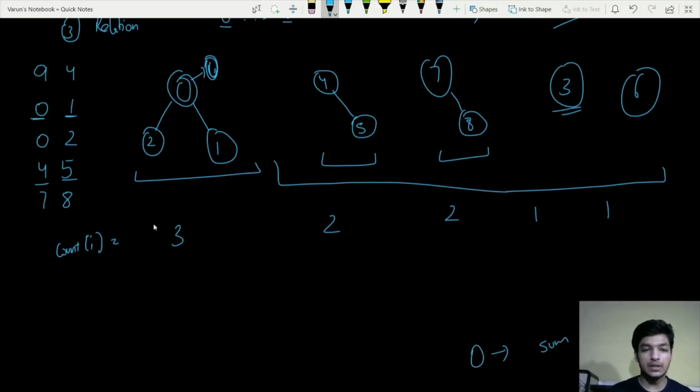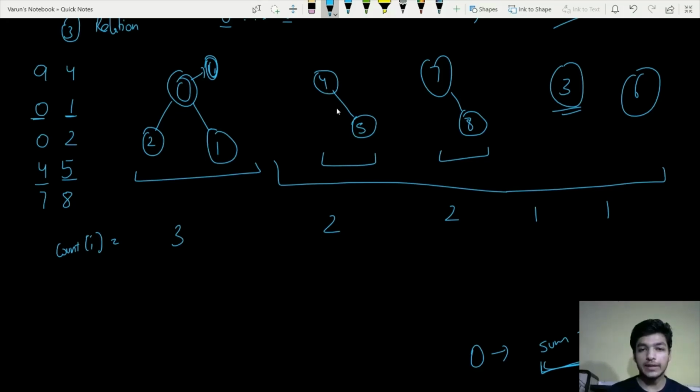So if we consider all the astronauts in this particular country, each astronaut can be paired with any of the astronauts present in any other country. So we'll simply multiply this sum by the size of this component, that will be given by count I. So for a particular component, the number of pairs would be given by this formula. So we need to find the sum here.